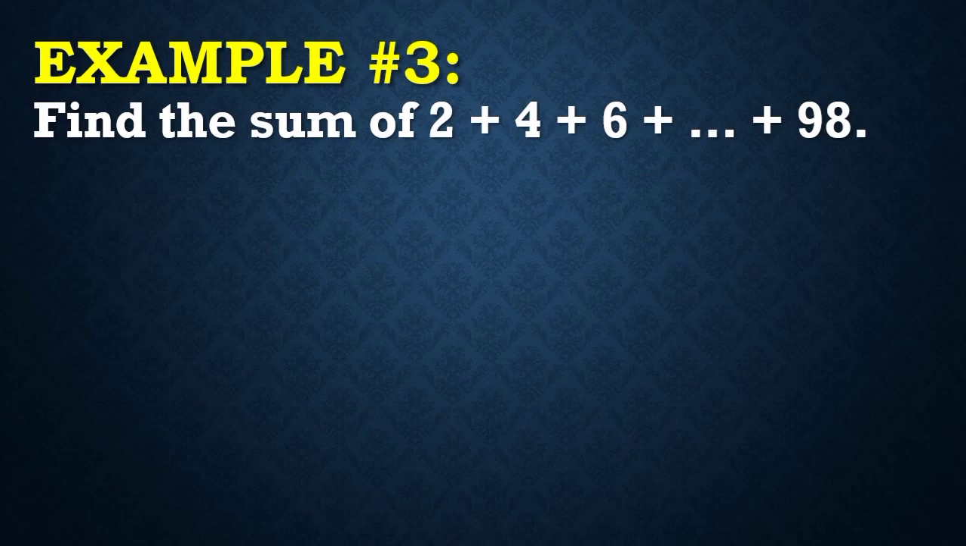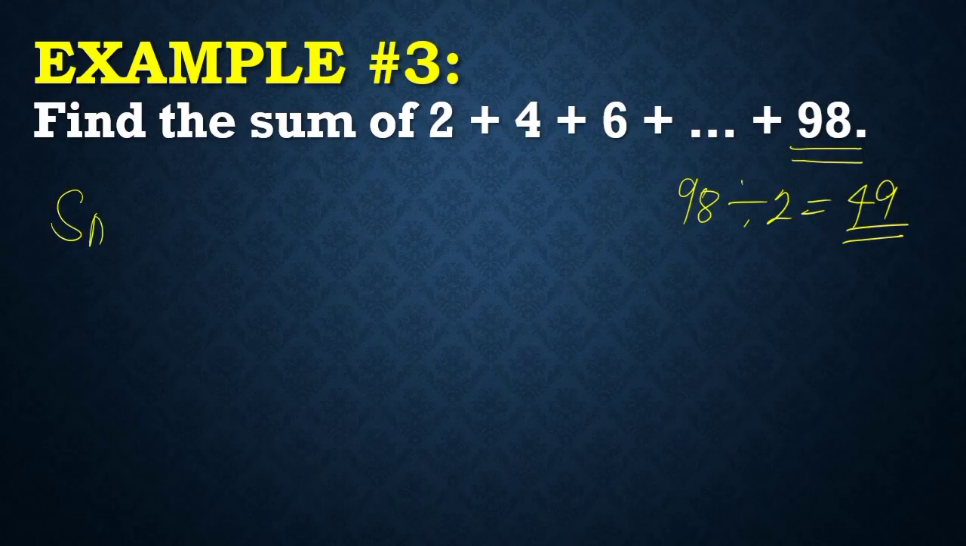Dito naman, puro mga even numbers. So, we skip counting by 2 dito. Ang una natin gagawin dito is to identify n. So, what is n? Again, kukunin natin yung last term na 98 and then, yung 98 na yon, i-divide natin sa 2. And 98 divided by 2 is 49. So, n is 49. Now, S sub n is equal to n over 2 times the quantity a sub 1